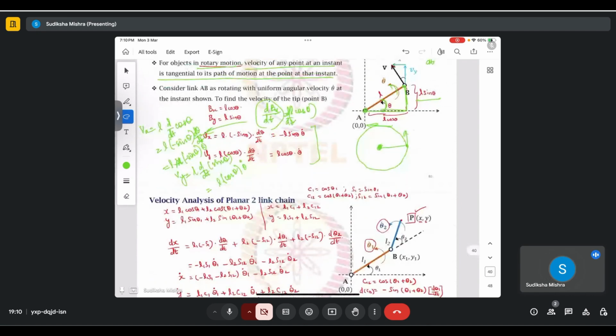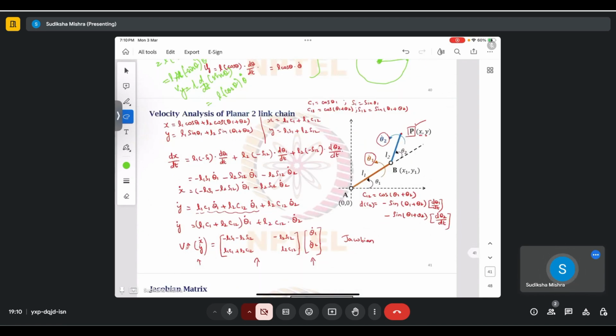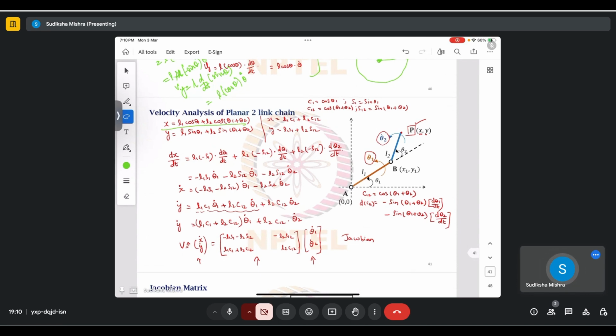So this was essentially a 1-link problem. Now coming to a 2-link chain, where you can write x in this form and y in this form, and therefore this and this. So dx by dt, basically apply differential to both of these sides, you get dx by dt is equal to,